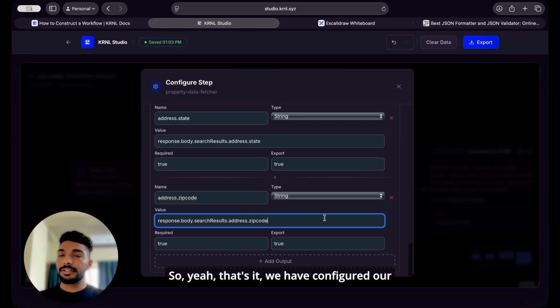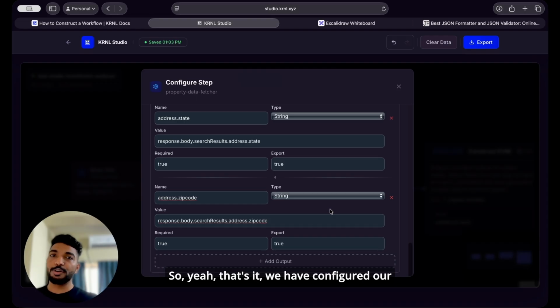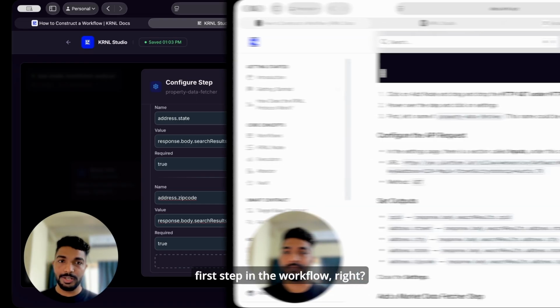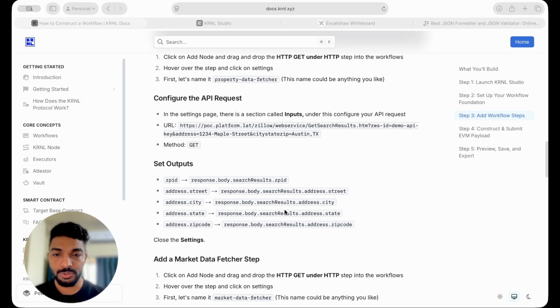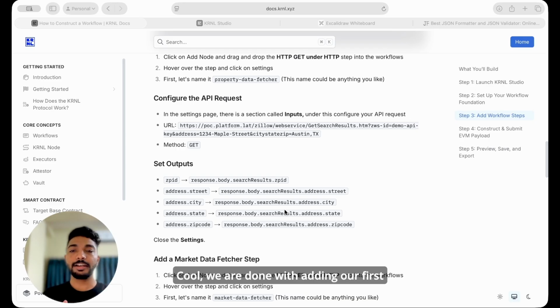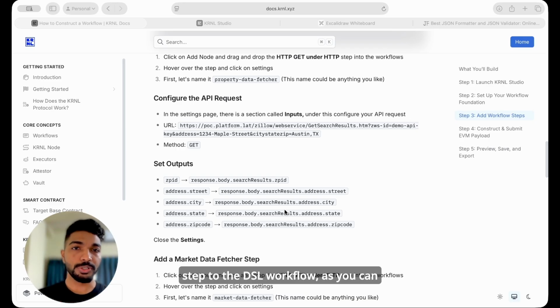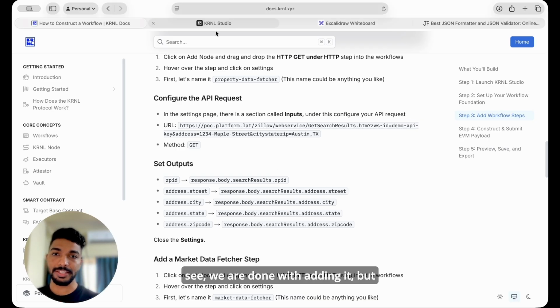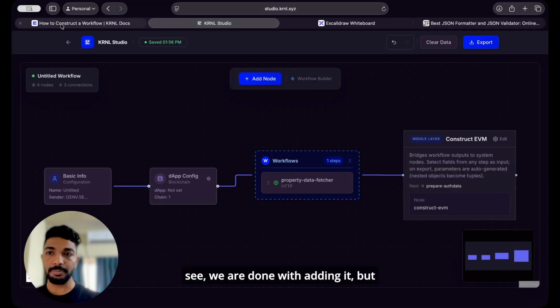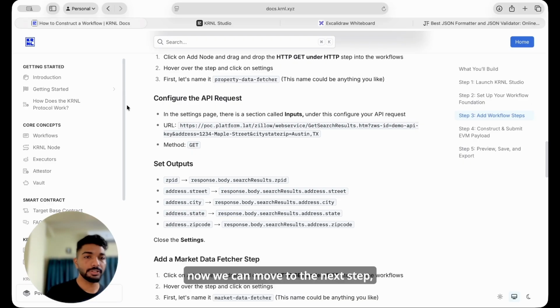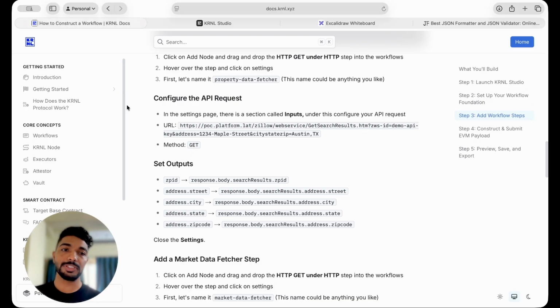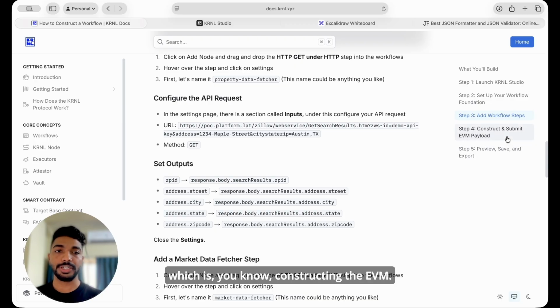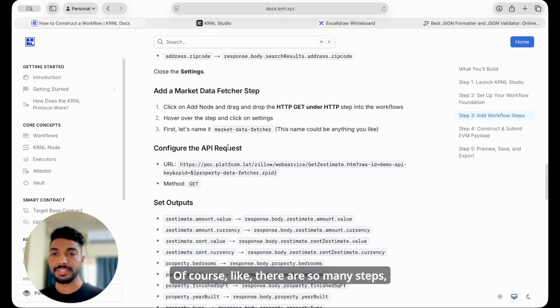So yeah, that's it. We have configured our first step in the workflow, right? Cool. We are done with adding our first step to the DSL workflow. As you can see, we're done with adding it, but now we can move to the next step, which is constructing the EVM. Of course, there are so many other steps to add to the workflow, but just for the sake of the demo,